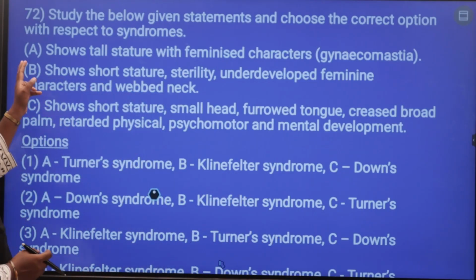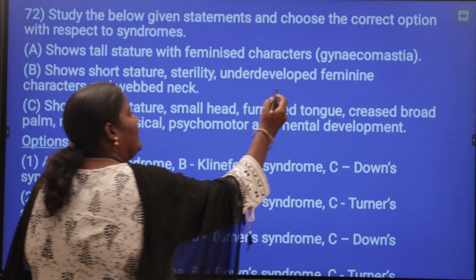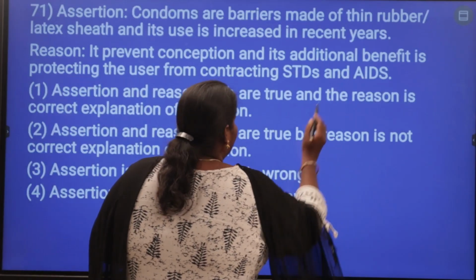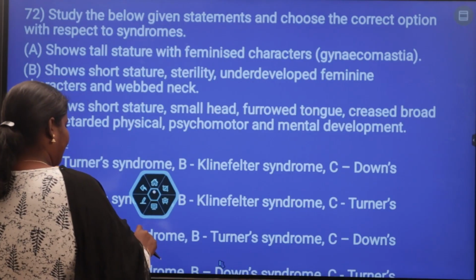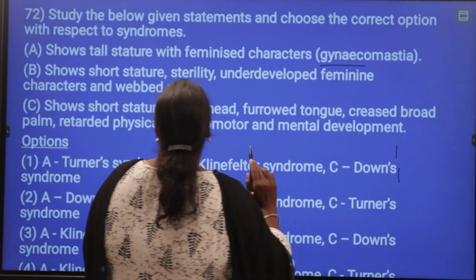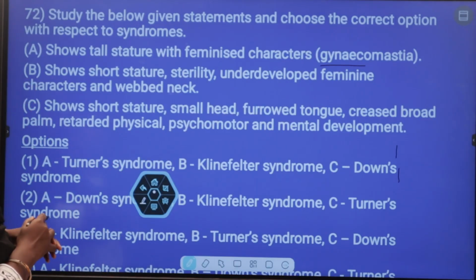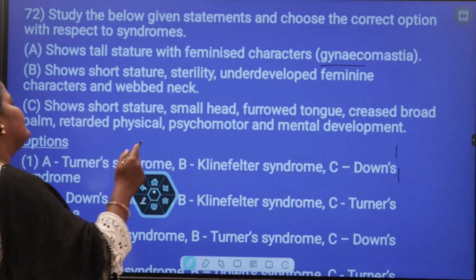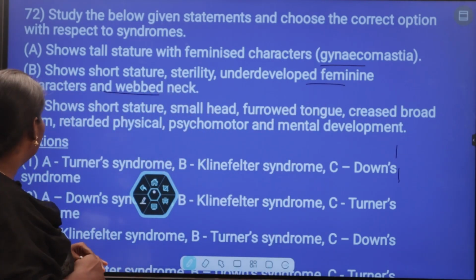Okay, the first symptom shows tall stature with the feminine characters, gynecomastia. Gynecomastia is a typical character for Klinefelter syndrome. It's a typical character for the Klinefelter syndrome. Next one shows short stature, sterility, underdeveloped feminine characters, webbed neck. Feminine characters and webbed neck, these are all the characters for